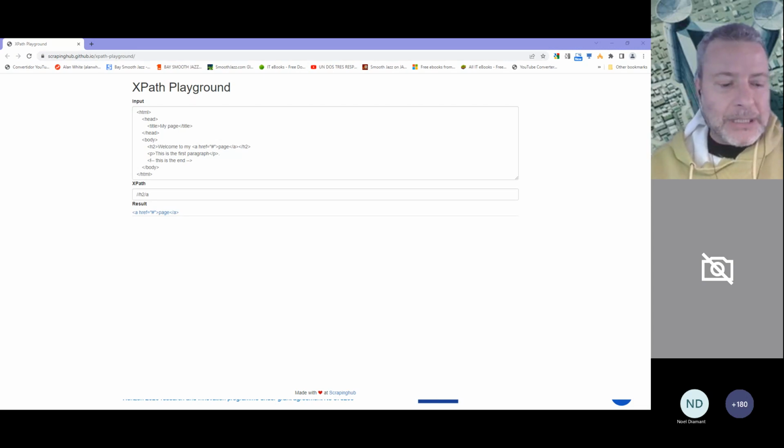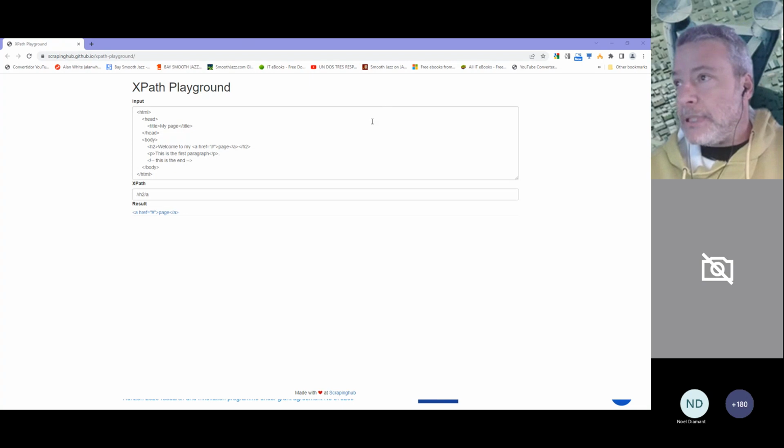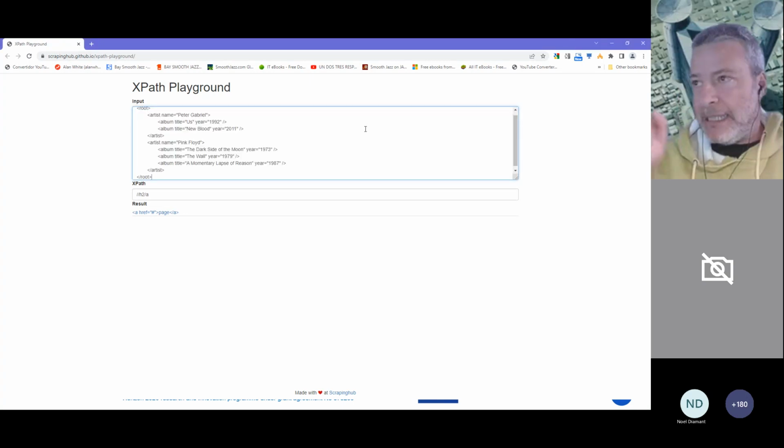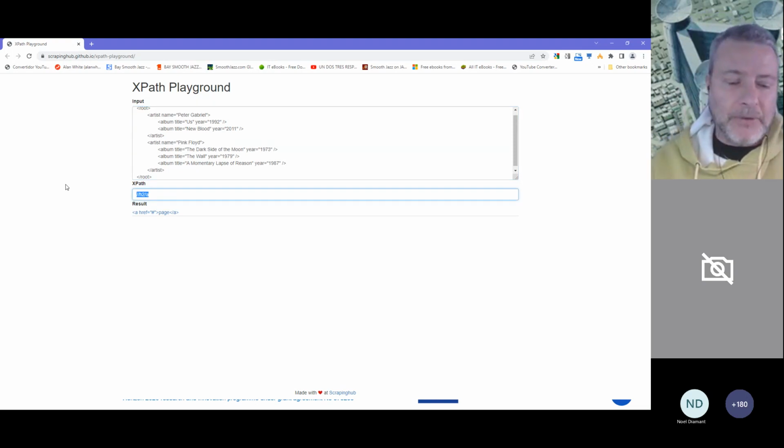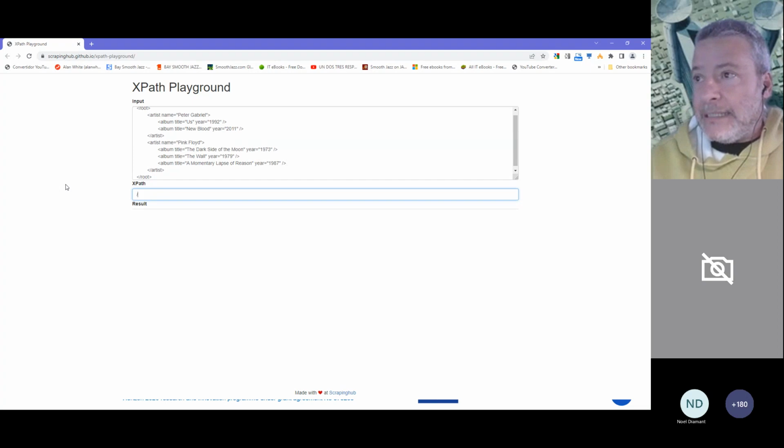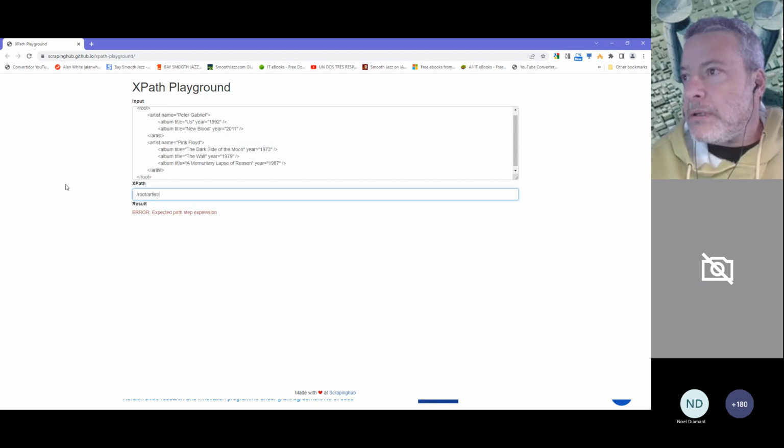So I will take the content of our example and put it inside this parser. This is the interpreter that is linked from the slide. And let's try to take the name of the artist. So I will put root/artist/ and since I want the name, I need to put the name attribute.